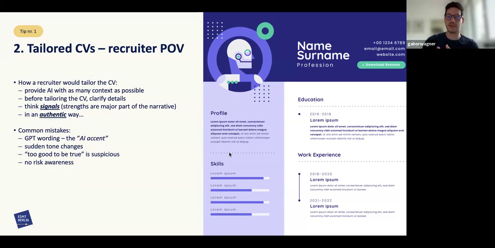You have to think about the too-good-to-be-true title or label. That's very important. So even if you think that your CV is 10 out of 10, that shouldn't be really the goal, because 10 out of 10 or 11 out of 10 is suspicious.